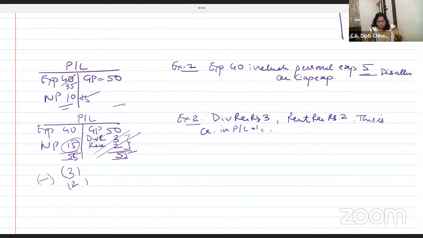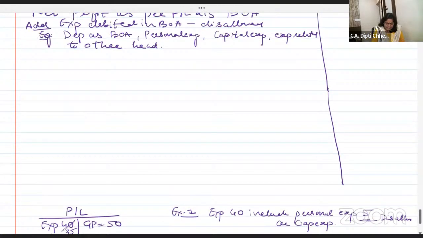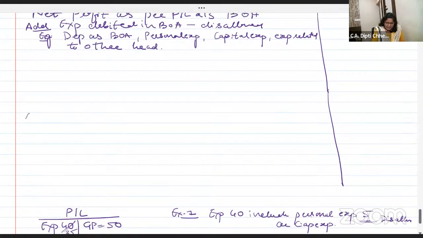So what you are going to do here in the P&L account credit side, if I call it kachra. So what is kachra? Something extra which has got nothing to do with our net profit. Nikal do. So if you remove, what's the impact on profit? Profit is 15 because 5 rupees is included. Now you remove. This is a foolproof method, a little long. I may take 15 minutes, but sure you'll be able to solve all the problems very nicely. So now I'm leaving some lines and I'm writing the less.